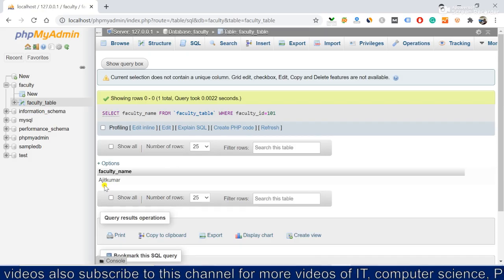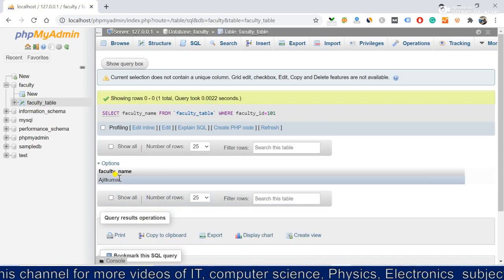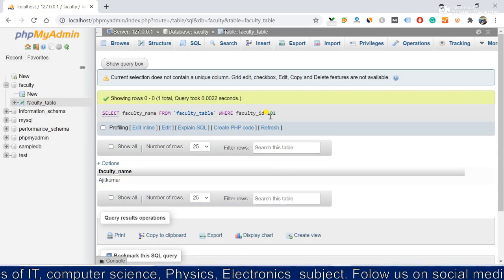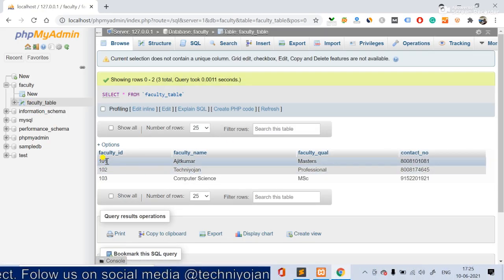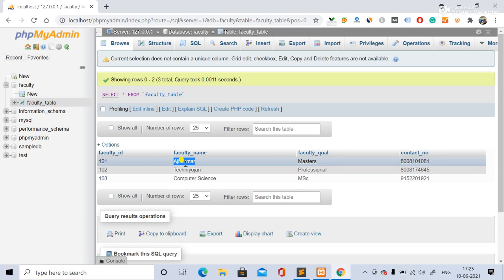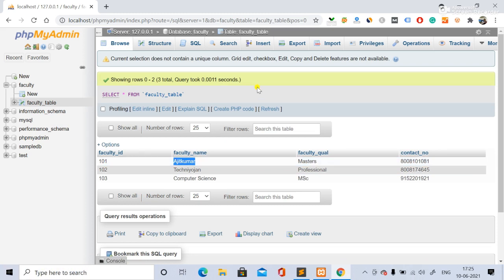See, it shows only the faculty name where the faculty ID is 101. Let's check, is it right? Yes, 101's faculty name is what it displayed. Fine, students. So till now the insert and select are done.